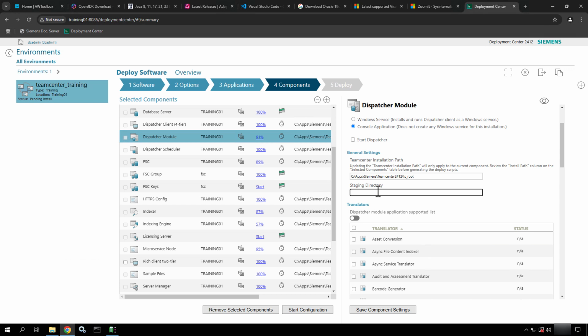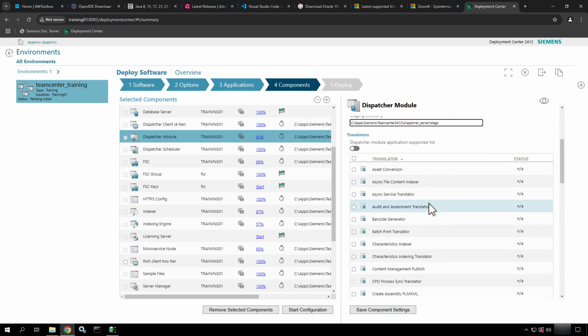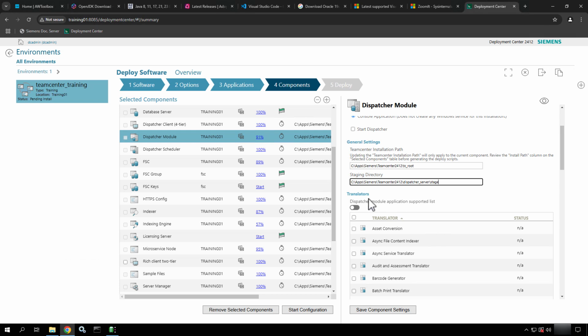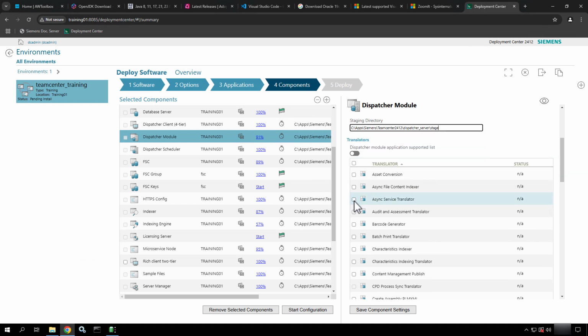So in our case, I'm going to put this at C apps Siemens Teamcenter 2412, and then I'm going to put it in dispatcher server and stage. So that's going to be kind of where I'm going to put my stage directory. And then down below, I'm going to add a translator, which is an individual program or use case for the dispatcher tool. The async service will allow me to duplicate an assembly in the background without locking up my client,